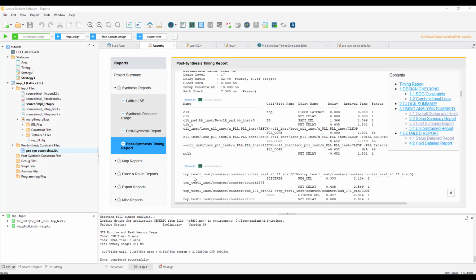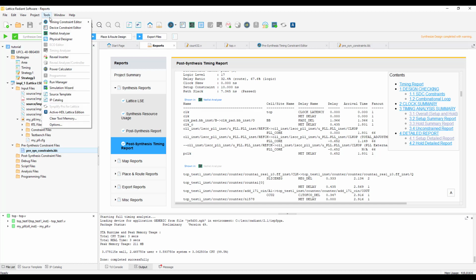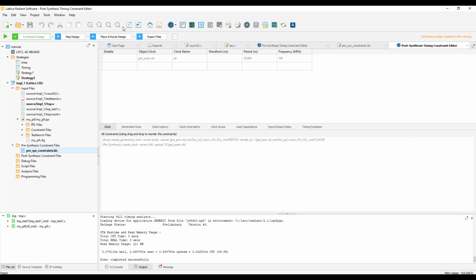After we are done with the synthesis, the next step in the implementation process is map design. Before we proceed to the map design, if we want to add any other timing constraint or physical constraint, you can do it through post-synthesis timing constraint editor. As you can see, the post-synthesis timing constraint editor is now active since we are done with the synthesis.